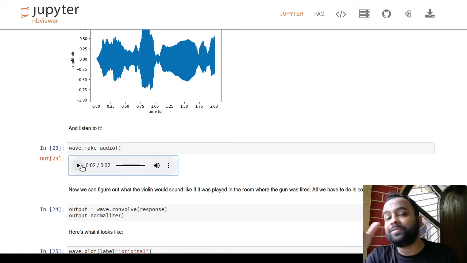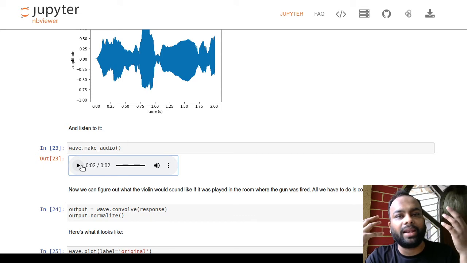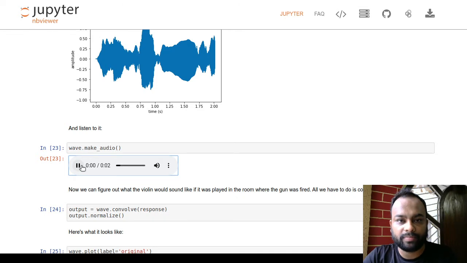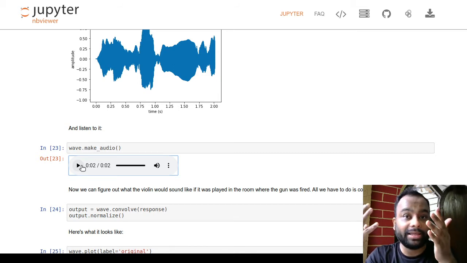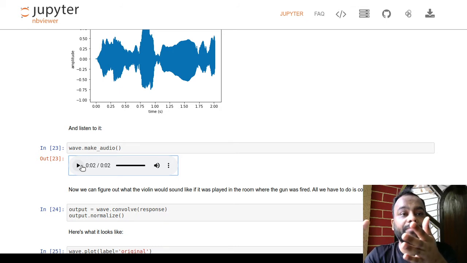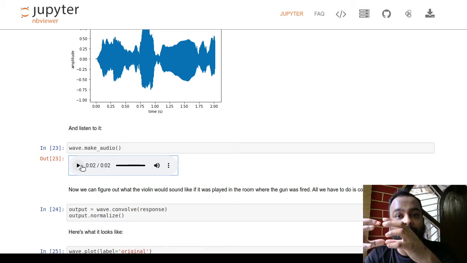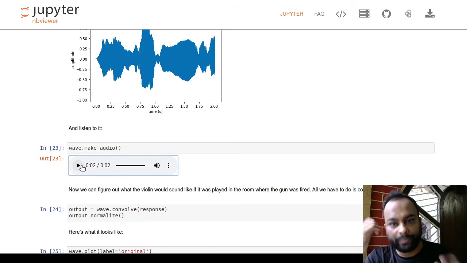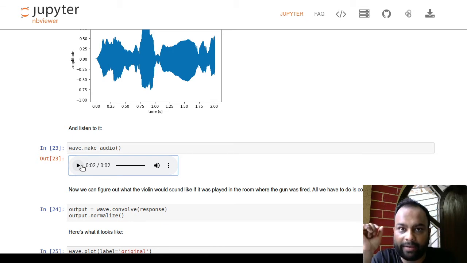Or I can have the impulse response of the empty hallway with me, and then do a convolution operation with this sound and the impulse response of the empty hallway. And that, in theory of the convolution that I told you just moments ago, in theory, it should provide me with an output that is representative of how this sounds like in an empty hallway. I think I got the idea clear, right?